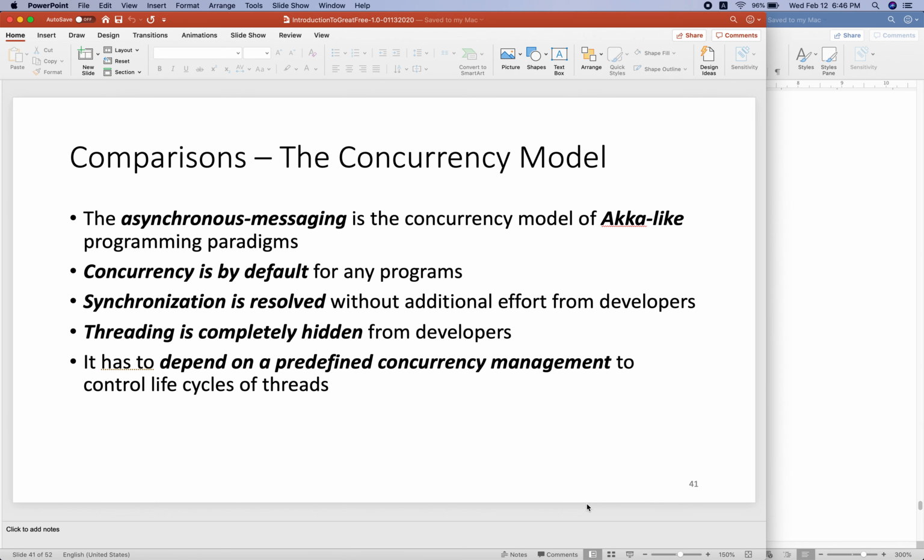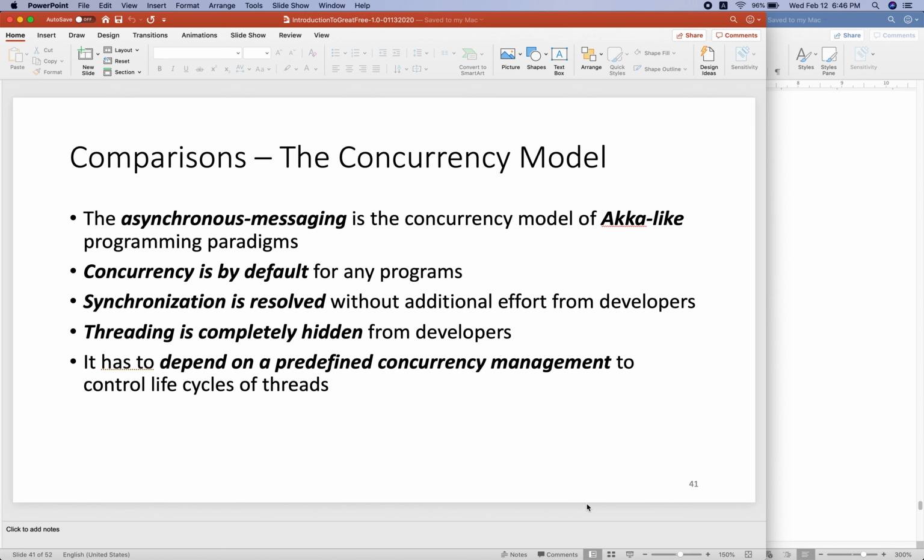So for every programming paradigm, if it claims itself to be a distributed technique, it should have proper support for concurrency programming. So let's take a look at some other existing ones and their concurrency programming model.